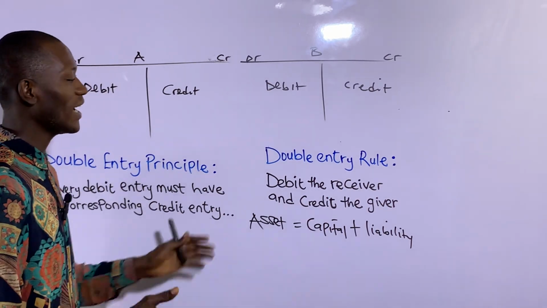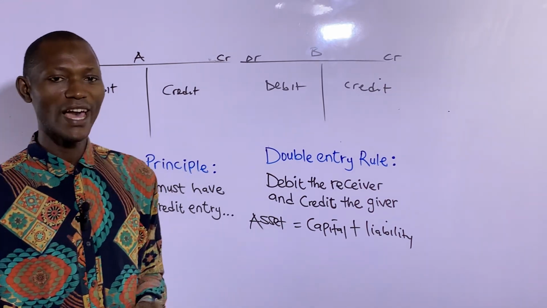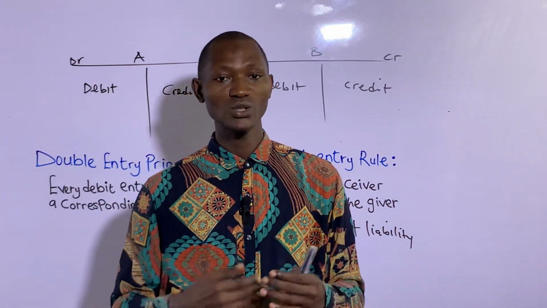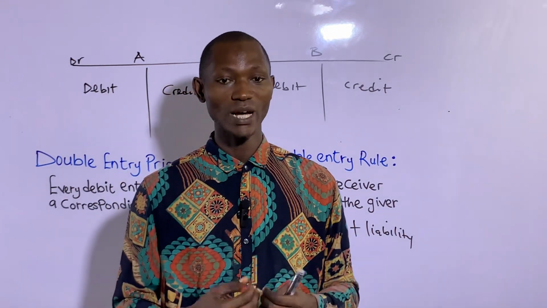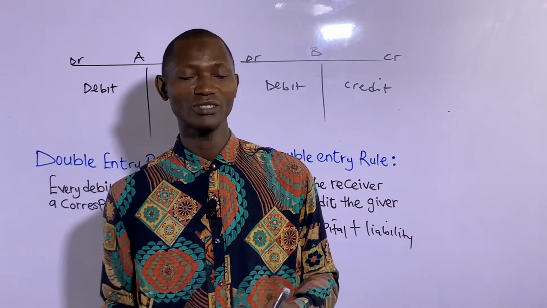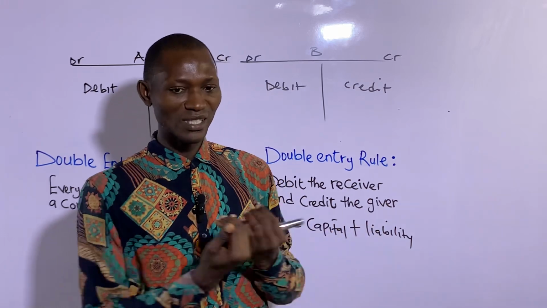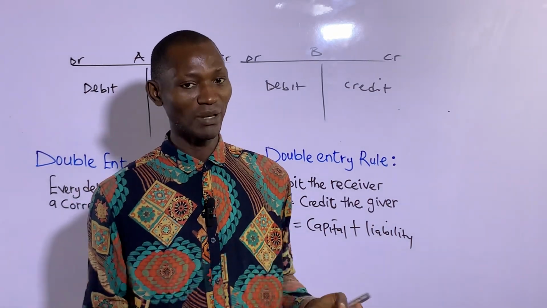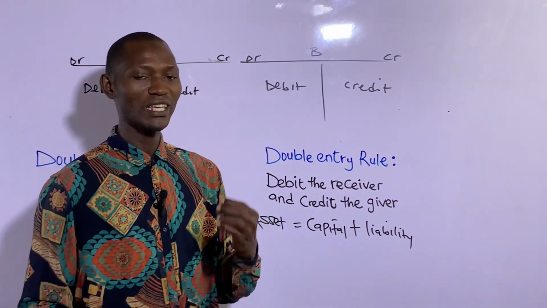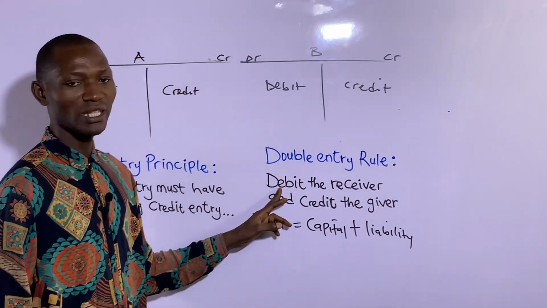Now, you may want to ask the practicality of this double entry rule. Very simple. Let's say, for example, you have a bank account. Most times you will go to the bank and make a withdrawal at the counter, or you go to the ATM, that's automated teller machine. Making a withdrawal means you are receiving money from your bank account. Although you are a bank customer, you are withdrawing money, so you are receiving money. So each time you make a withdrawal from your account, it means you are receiving. And in that regard, your account will be debited.